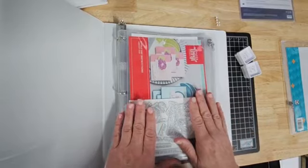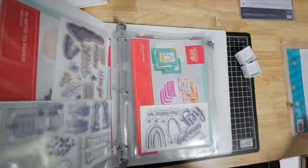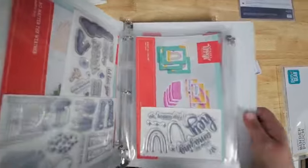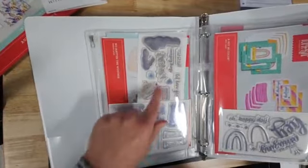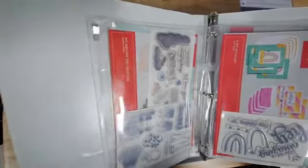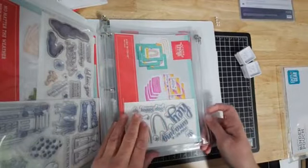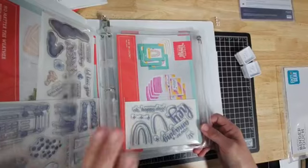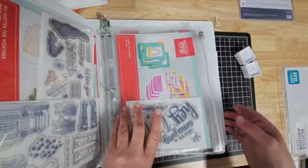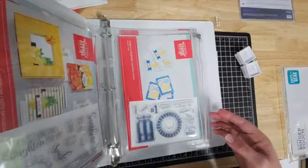But again, this is once they are completed. And I actually put 2 per sleeve, so 2 per pouch. So there's one on the front side and one on the back side. As you can see, this was the March kit, which actually came with 2 stamp sets. That was a bonus month, so it kind of covers up the instruction sheet. Here's May, so I obviously got rid of or gave away April. Maybe it went in the door prize because I didn't do it. Who knows? Then June, August,